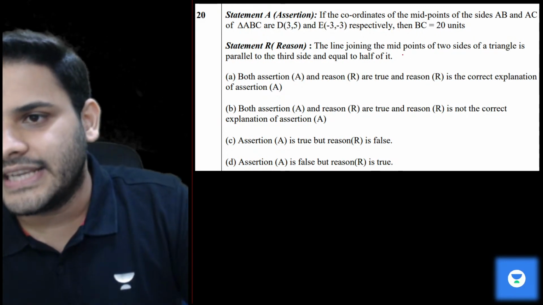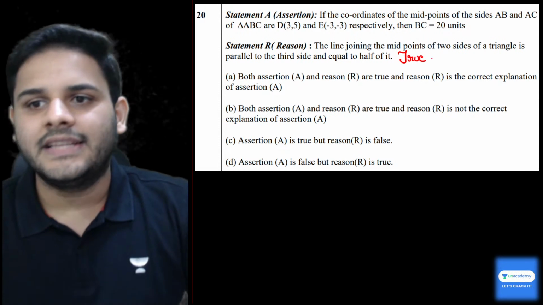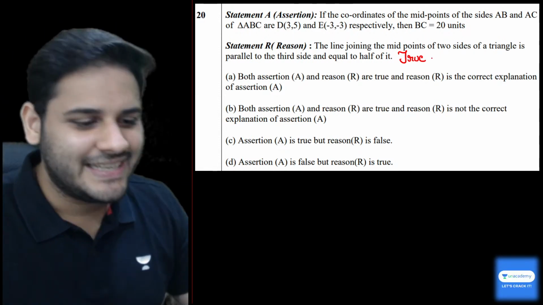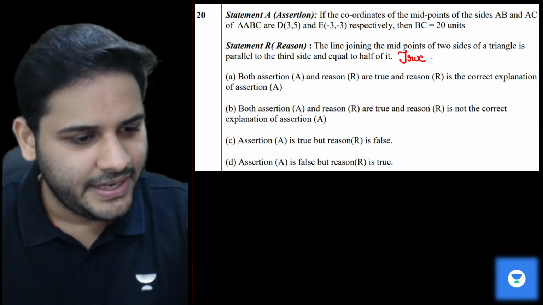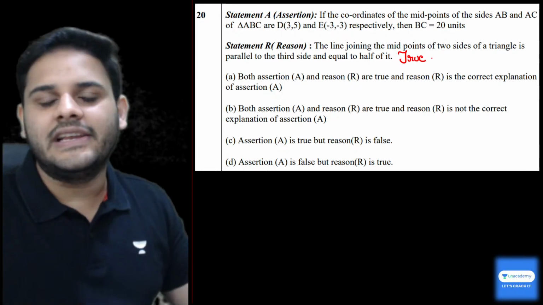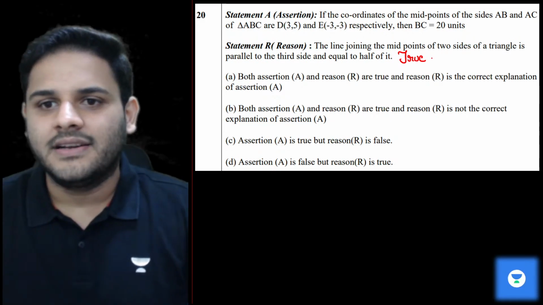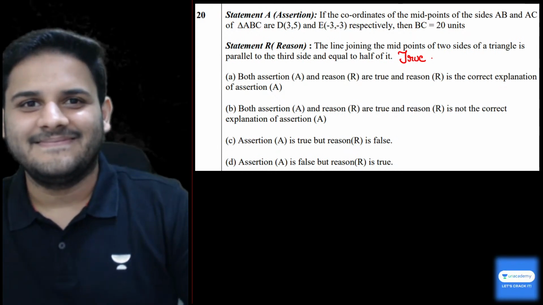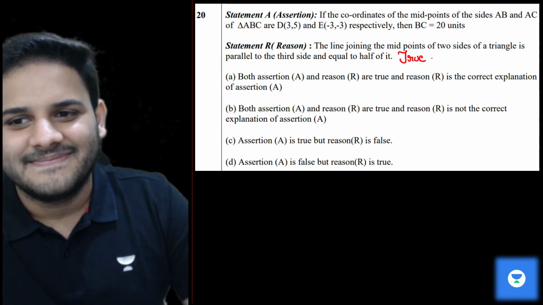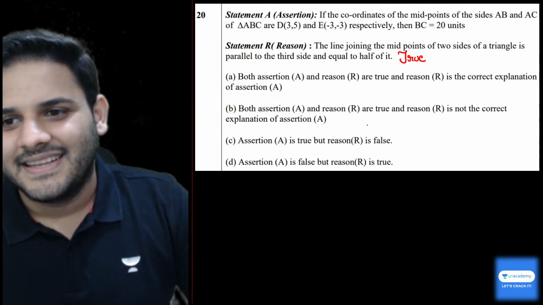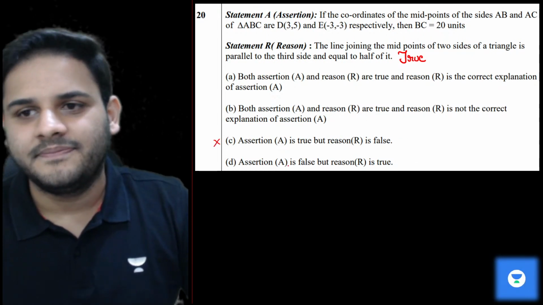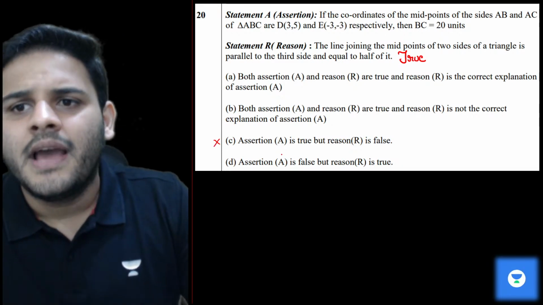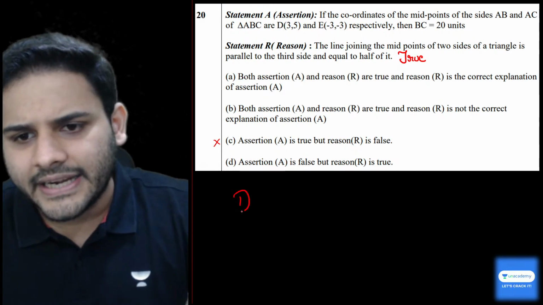Okay, reason true है, ये तो हमें पता है that the line joining the midpoints of the two sides of a triangle is parallel to the third side and equal to half of it. We know that very clearly, in fact. Alright, so now what we have to do here is, this option though is gone. Can I say guys, it is absolutely the correct thing, because if you find out DE ka distance